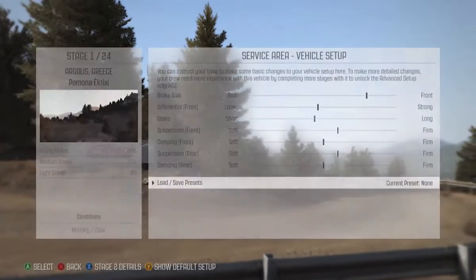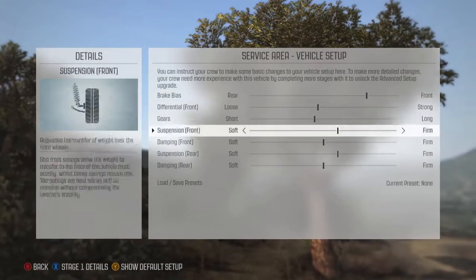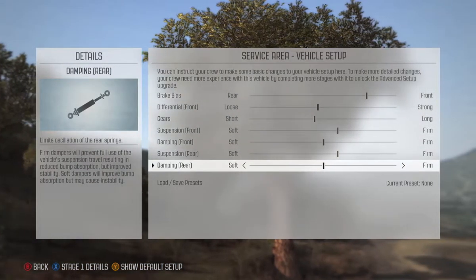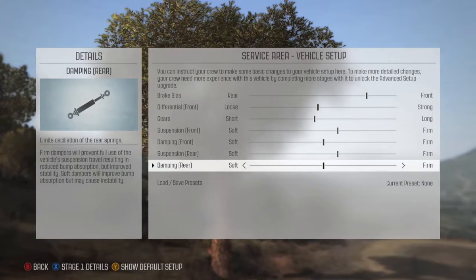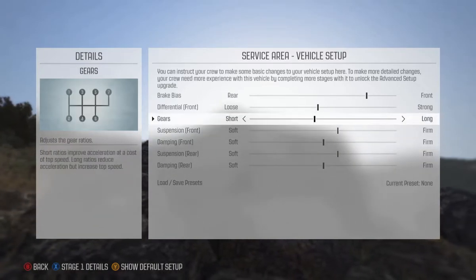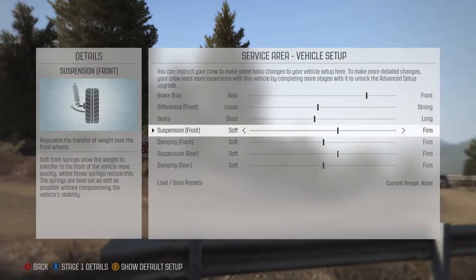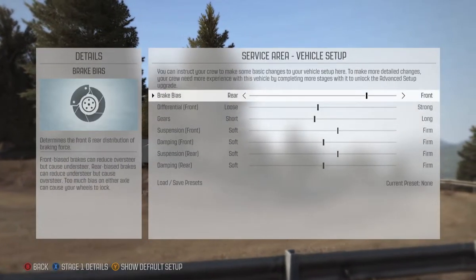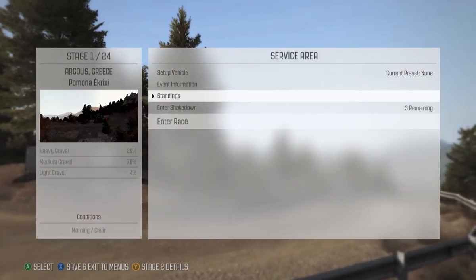Now that we're in here, we can set up our vehicle. I don't know enough about this vehicle to adjust any of these settings, but these are the basic vehicle adjustments. As you saw on the upgrade screen, you can get advanced vehicle setup, and that gives you some more options, but these are the basic setups that you can get. You can adjust your suspension, front back, dampening, front back, gears, brake bias, differential, etc., etc. Probably weight shifting, I'm not sure, but